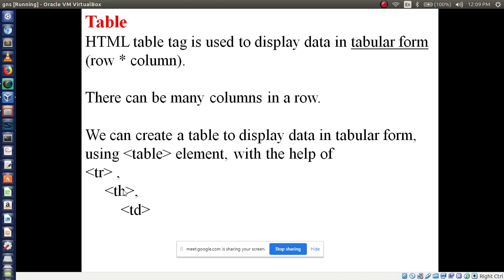And th, table head. th is what? Table head. And td means table data. You can call it table data, right? Understood these three tags, tr, th and td. Everybody is clear? Because this one is an important concept.